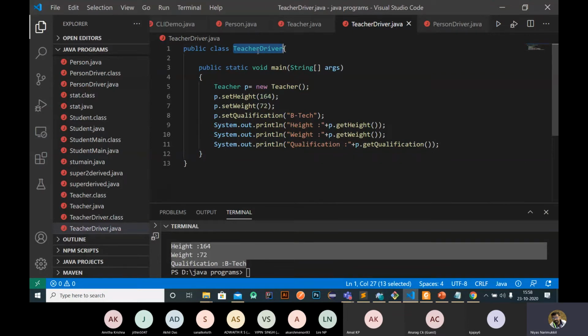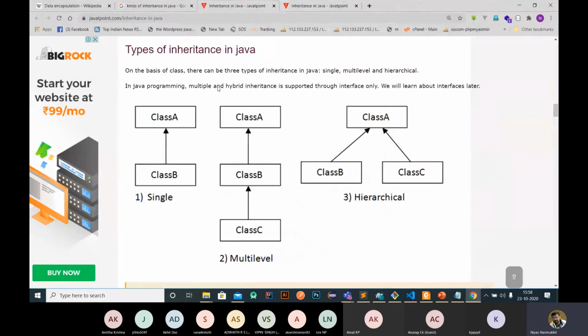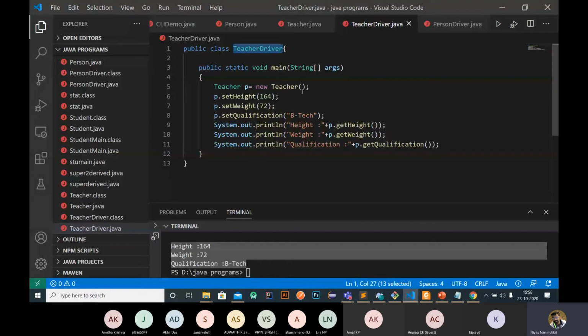So what I am saying is that there are different kinds of inheritance. It is very easy. If you create another class, for example class principal, that principal inherits from teacher.